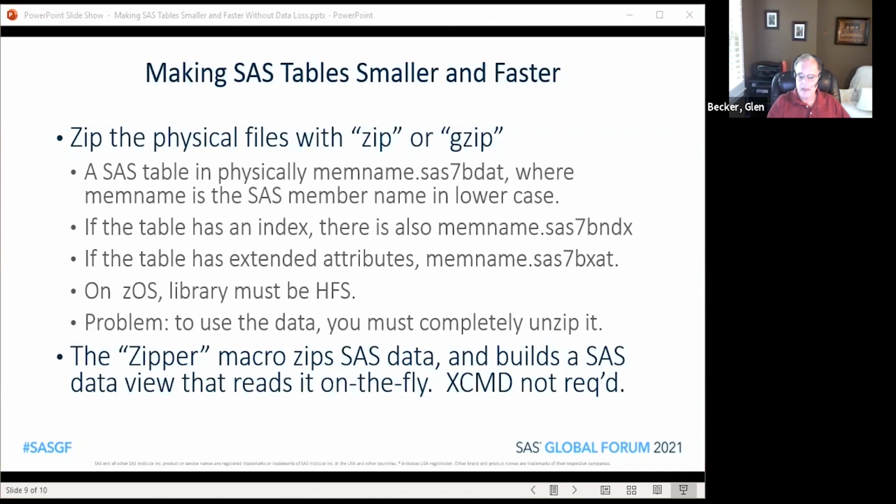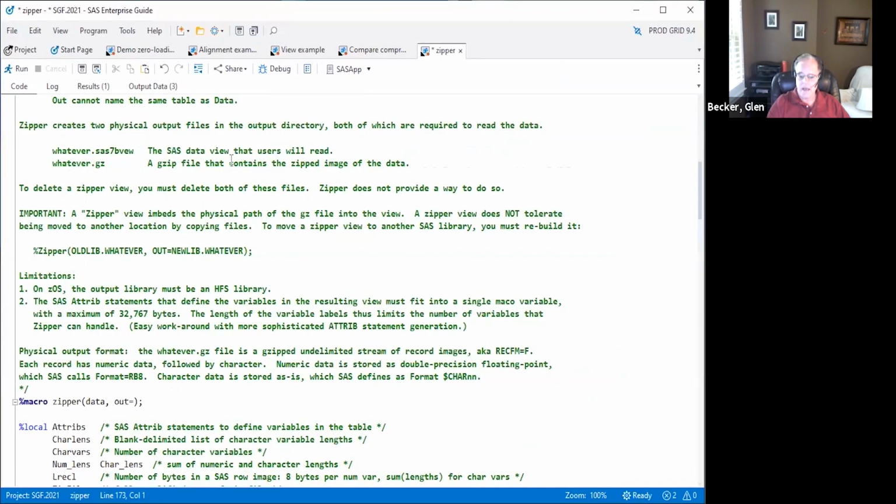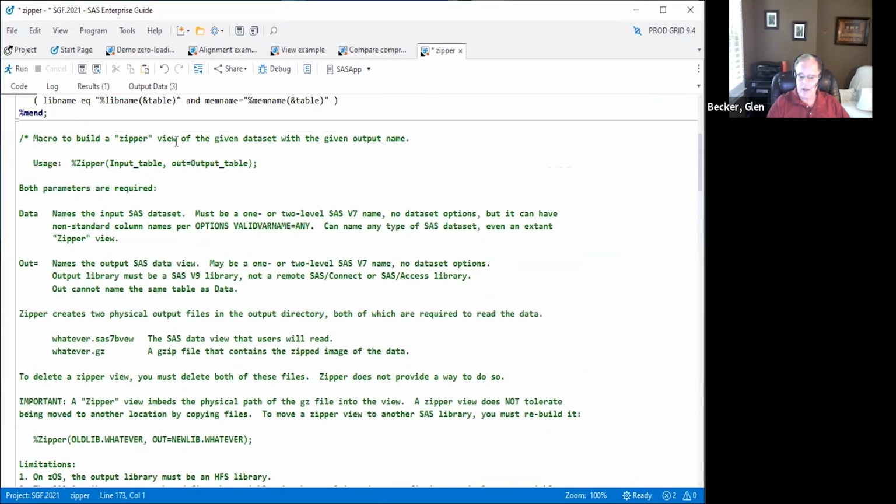Zypper is a macro that will take a regular SAS data file and convert it to a Zypper view. And a Zypper view is 2 files, a SAS data view that users can read, and a gzip file under the covers that contains the real data.